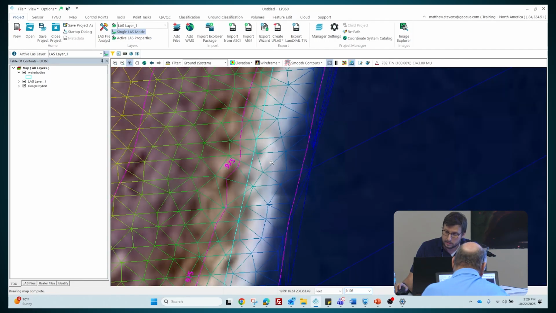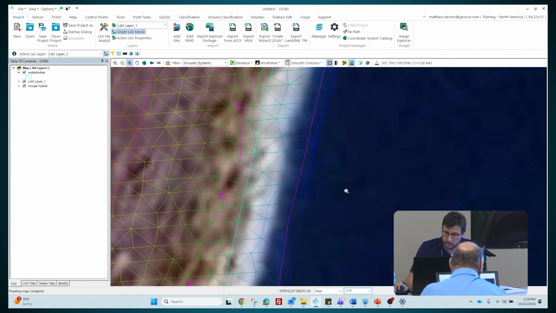So it's saying go to a scale of 1 in 100, or 1 in 150, or 1 in 50. And there's scale 1 to 71. But just make sure you're zoomed in so we can see this change to the breaklines. And now we're going to run a PCT to convert this 2D breakline to a 3D breakline. Notice too, if you're avid users of LP360,